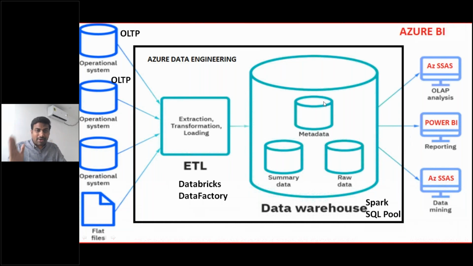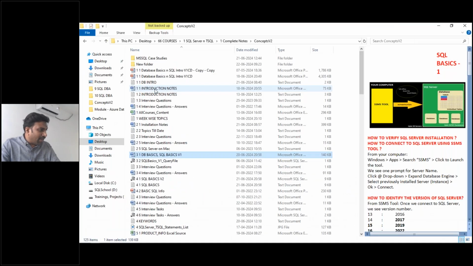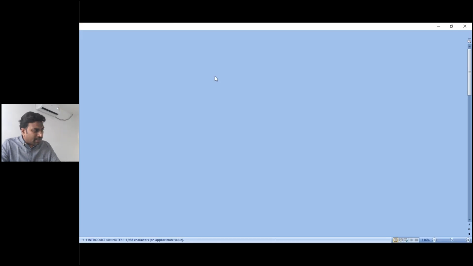So go for Power BI plus data engineer stack, or database administration stack. Don't combine both at the first level. Just to make my points clear, let's understand slowly once again what is a database, why we need it, and what the job roles are.